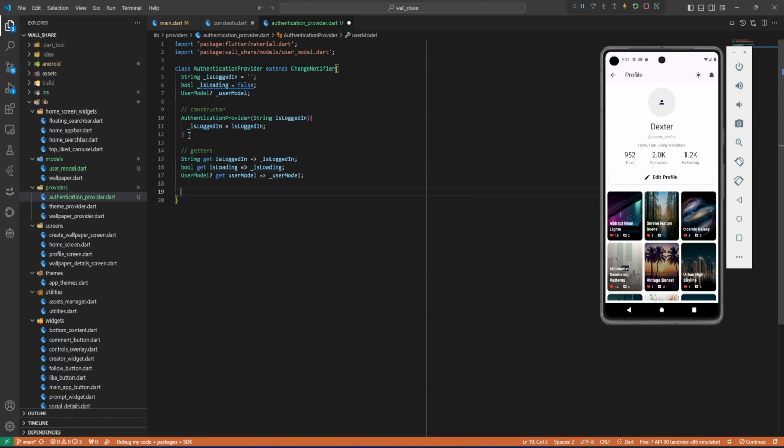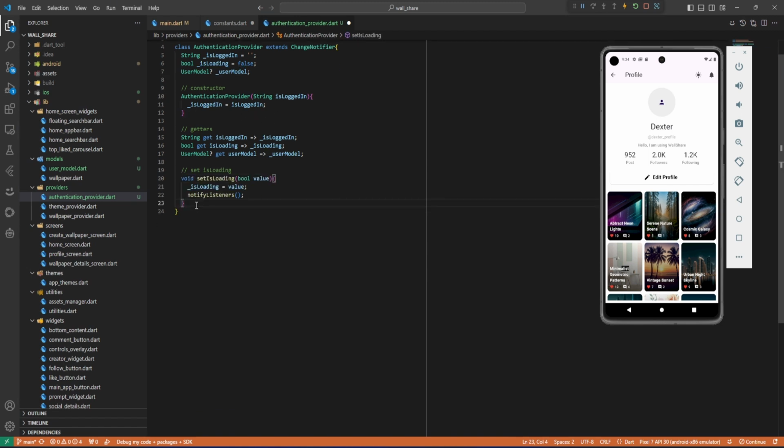Now let's also just create the methods setIsLoading, setIsLoading. These are the methods that we are going to use. We're just going to create them in advance. Okay, now after this one, let's also have